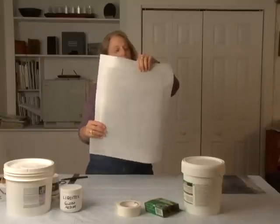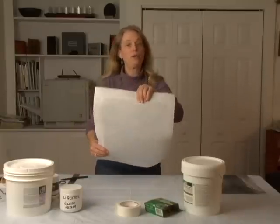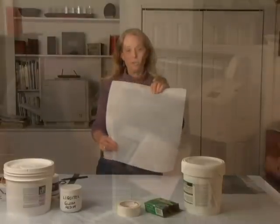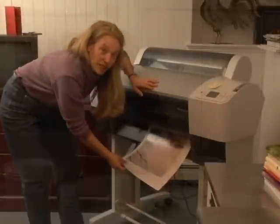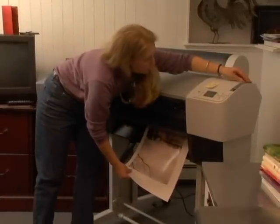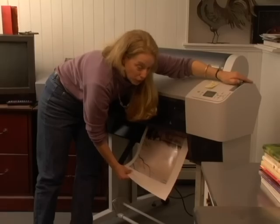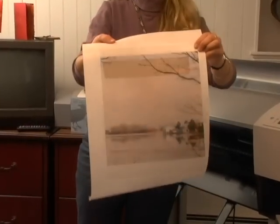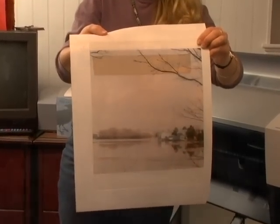It's really easy. I'm going to run this through the printer, and you're going to see it come out of the printer with ink on it. It's going to be a good thing. I've got a beautiful skin printed on the cutting mat. It's gorgeous. Just have to get it out of the printer, carefully handle it, and it's good to go. I just have to spray it with the Krylon, let it dry, and then I can hand